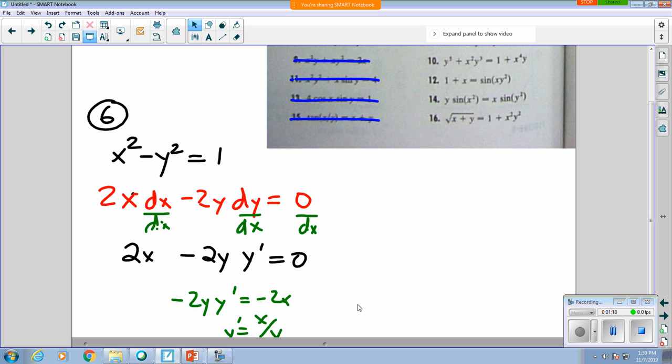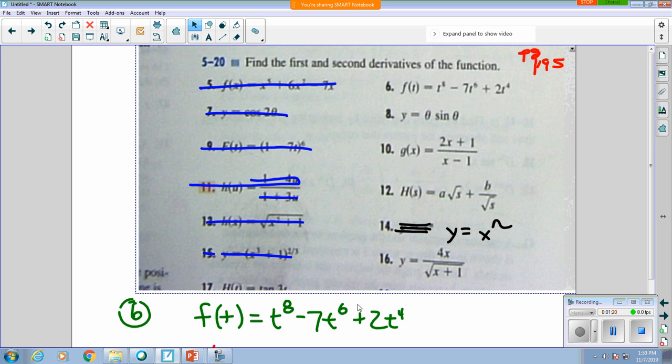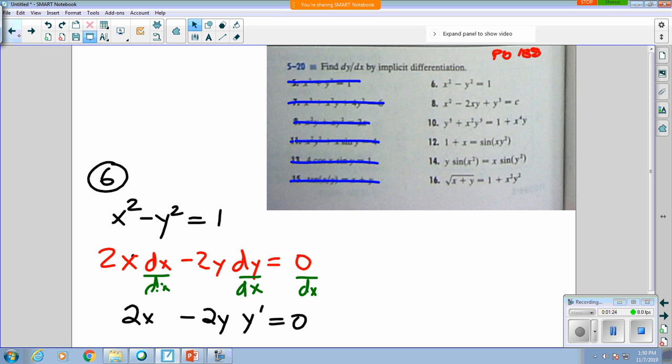I'm trying to scroll here, I'm having a little bit of difficulty. Whoops. The next one is